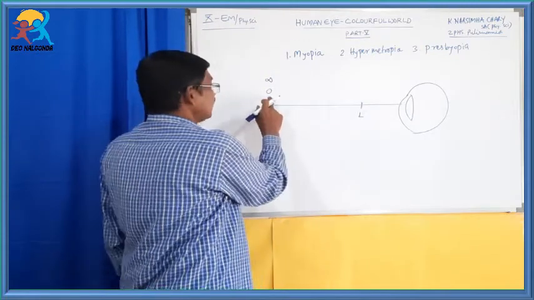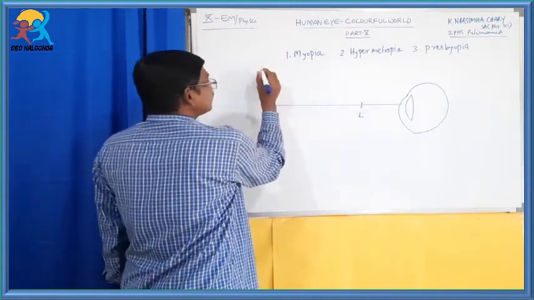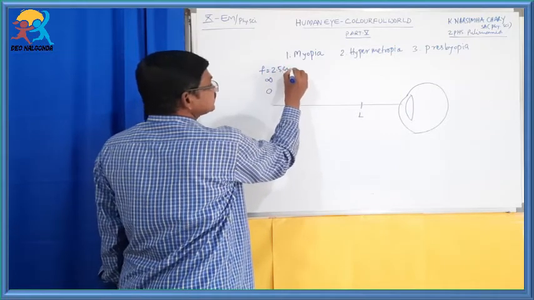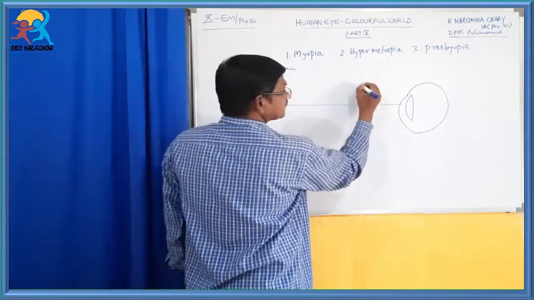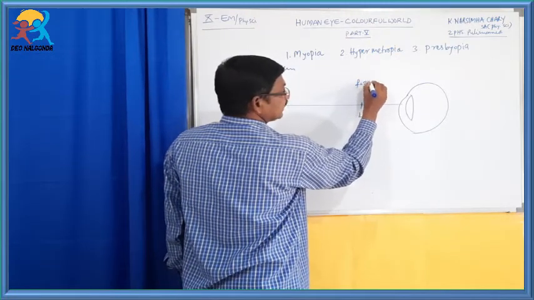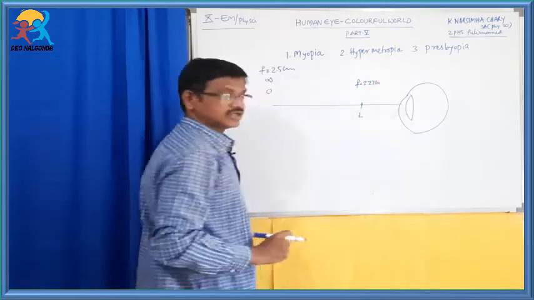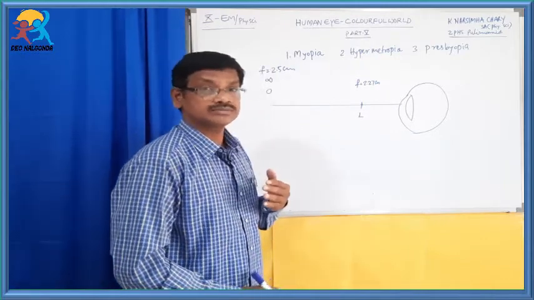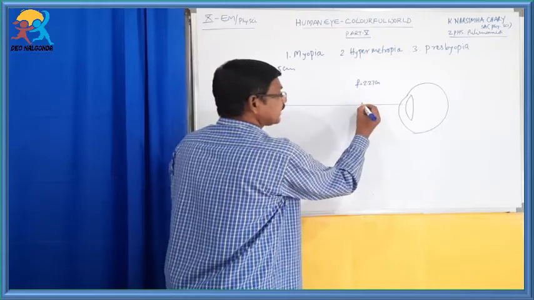In the case of infinity, the maximum focal length is found to be 2.5 centimeters, and if object is at L, focal length is 2.27 centimeters. Now, persons suffering from myopia can see object at L,